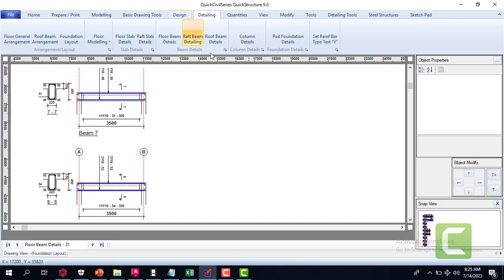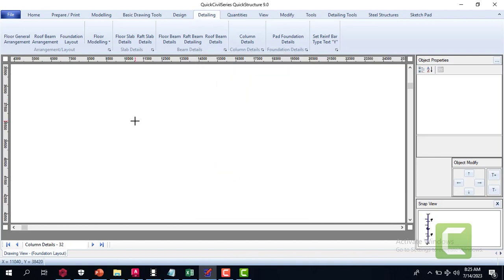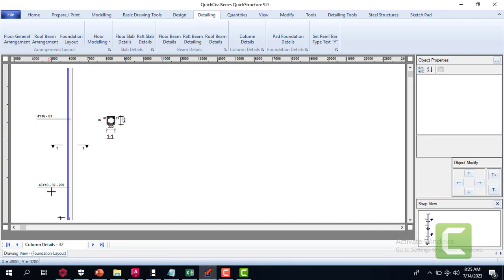Okay, so let's come to the column detail. Let me see this one. Something was actually wrong somewhere. I was seeing some information that I'm not very comfortable with, because you can see this is 4Y16, 46Y... Oh, this is the links. I was so scared. I thought it was the longitudinal bar. Okay, so this is the links,